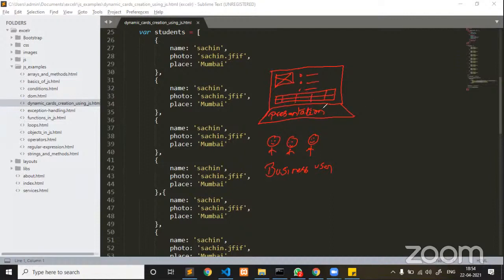Now listen carefully. If all the data inside a presentation page, the presentation layer, is fixed, this is called a static page, a static application. In case, generally for every application, guys, listen carefully,